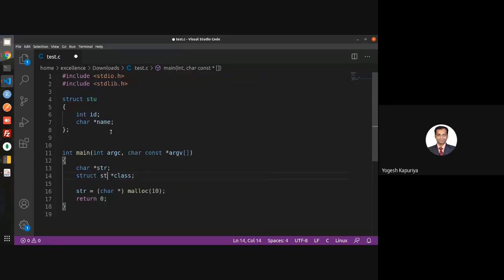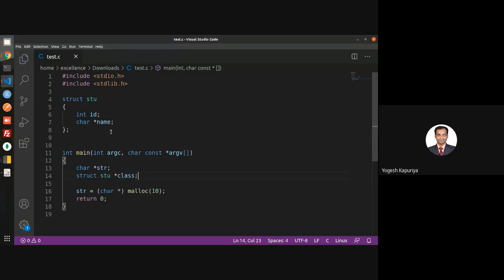Basically, this is how I can do it. So now you have a list of students, but I don't know the exact number. So I cannot simply write struct student class of 60, right? I don't know the exact number, or this number may get increased or decreased. So what I want is to use dynamic memory allocation.